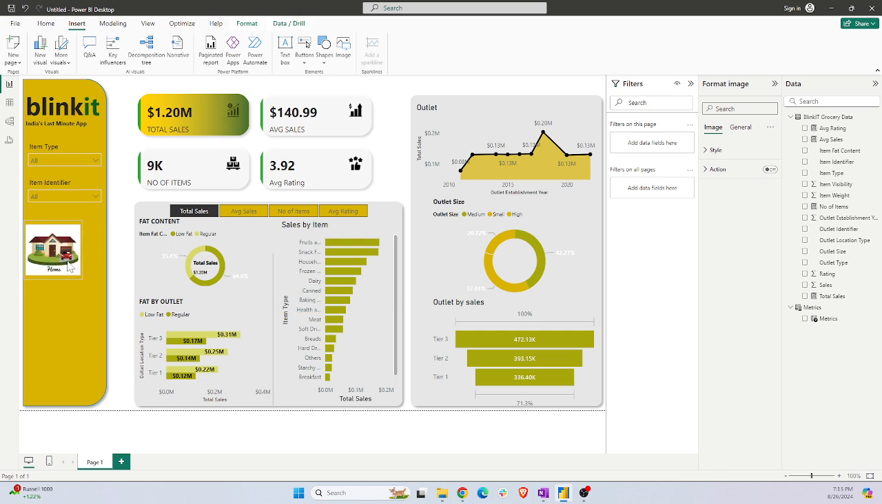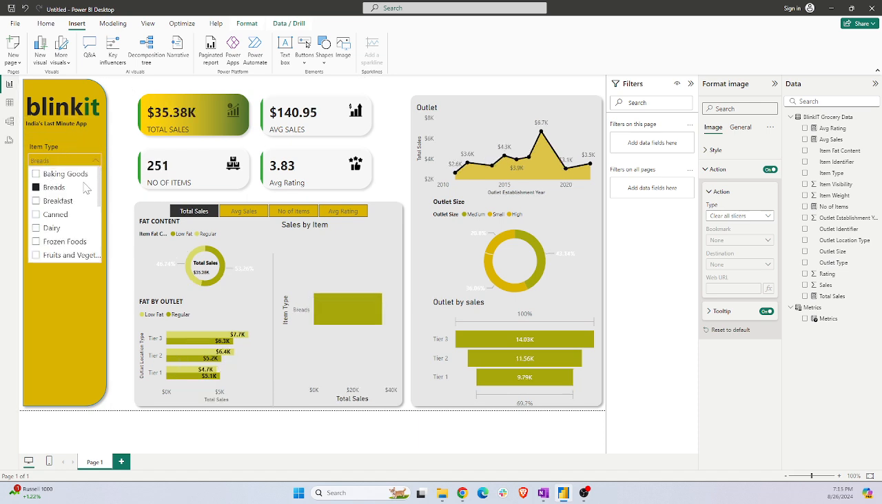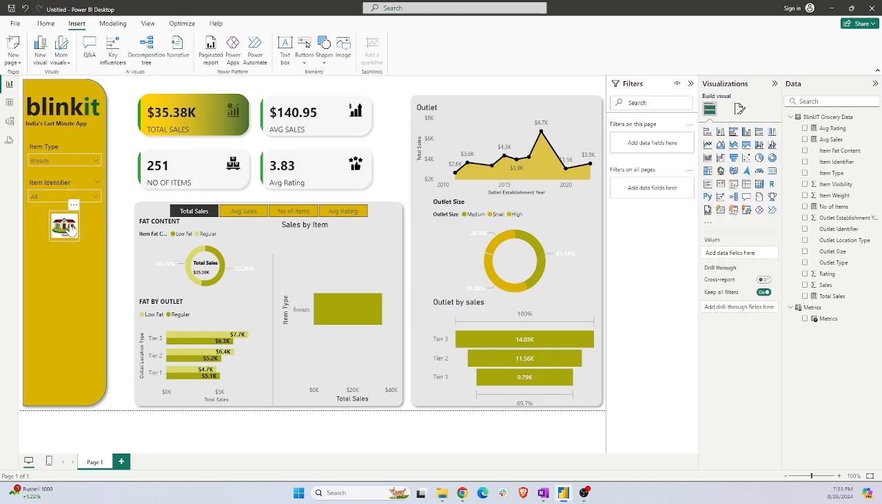So you can pick this home button up and make this button clickable. Just click on this and turn on the action, whatever you want. You can make it clear all the slicers, right? Clear all the slicers, simply. Multiple things you are doing over here. Clear all the slicers means whenever I filter anything,